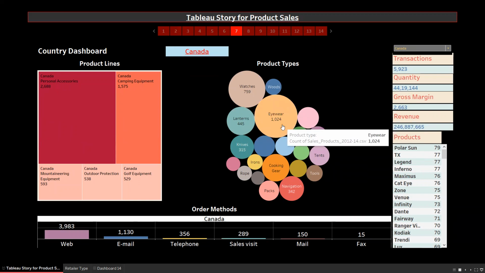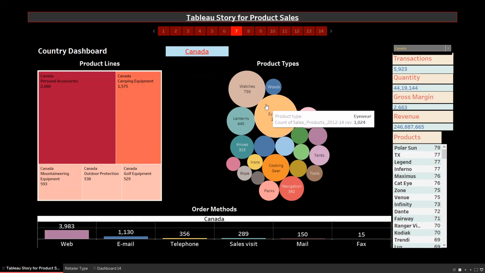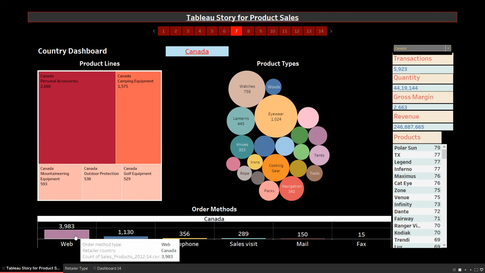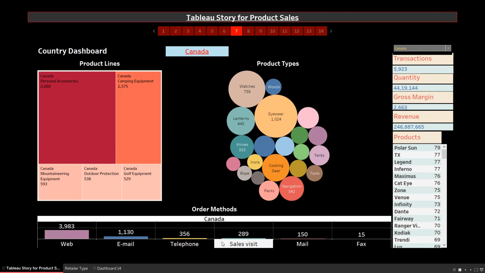So which product type had the highest transaction? It is clear that eyewear has the highest transaction, 1024, followed by watches. And below the chart is the order method. So web is more popular in Canada for ordering products from Decathlon, followed by email, telephone, and so on till fax.